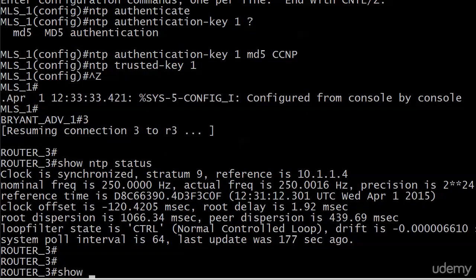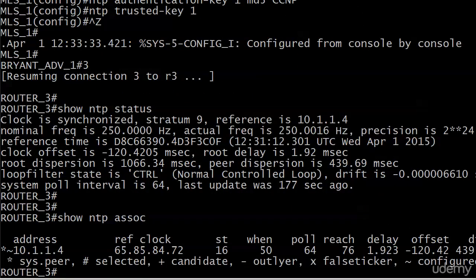It's still synchronized, and we still have our asterisk next to it in show NTP association. So this might surprise you. And it definitely surprised me the first time I saw it, so I hope it surprises you as well,